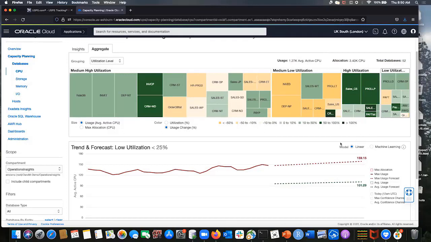So that's a very cool thing. You can see that we have medium low utilization databases, but 2 of them are growing, 1 of them very quickly, and many of them are shrinking. So the ones that are shrinking are probably good candidates for liberating CPU from. The ones that are growing, well, they're low utilization, but they're growing, so leave them alone, right? So these are the kinds of thought processes that